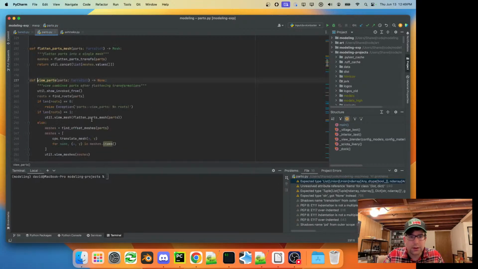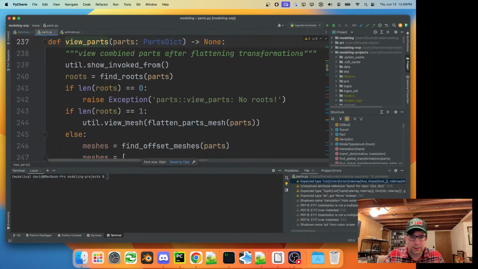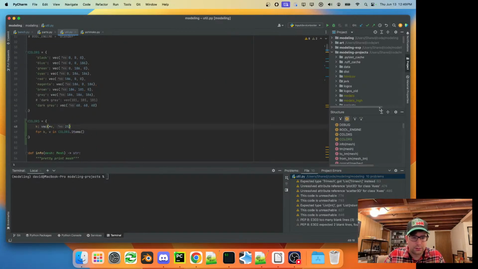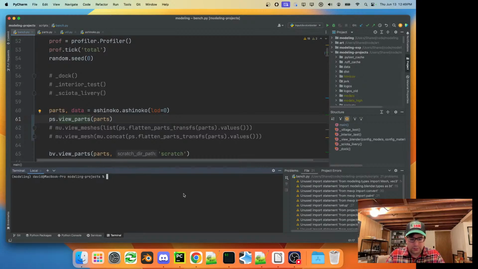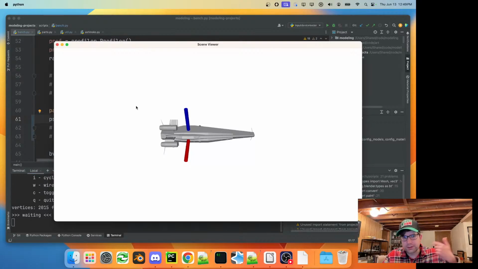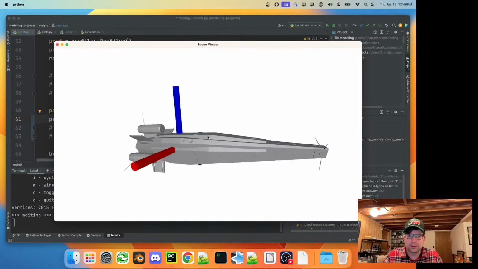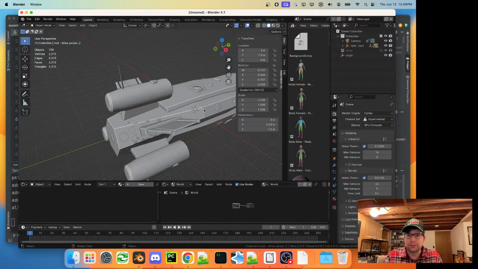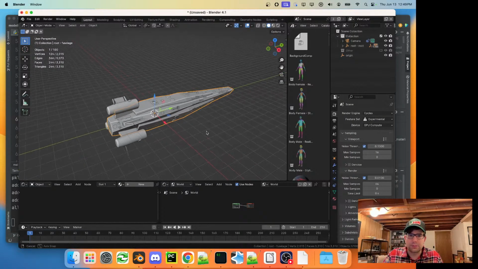I'm actually going to just double check something quick because I was experimenting here with some alpha transparency stuff with these colors. But yeah, let's take a look. If we run this script, let me zoom in here a little bit in the console. If I run my bench script, this function gets called, and I get this 3D model in the viewer. That's pretty cool, right? So how is this actually represented? And I can actually even view this in Blender,